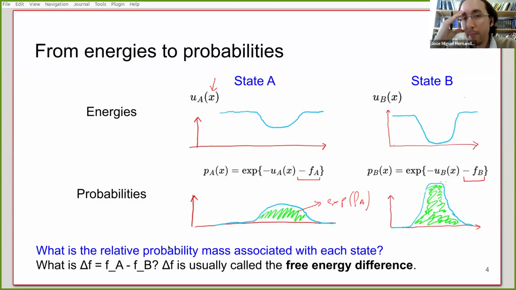To know what's going to happen in practice, if the molecule is going to be happy surrounded by water molecules or not, we need to look at these probability masses for the two states. And if one is way higher than the other, that's what is going to happen in the real world. We're interested in particular in this relative probability mass associated with each state. You can write this as the difference between log normalizing constants for the distributions, and this is often called the free energy difference. Okay, we're interested in calculating this, and there is a way to do this estimation of the normalization constant.